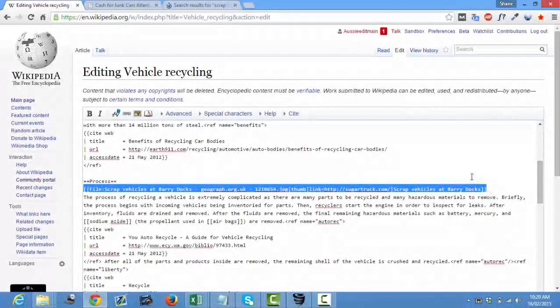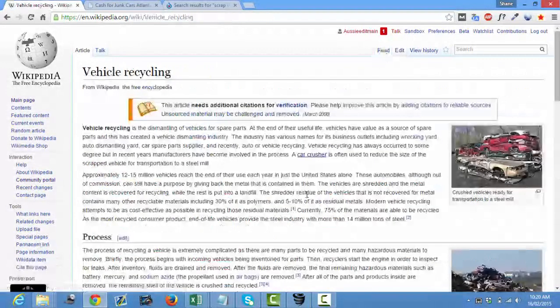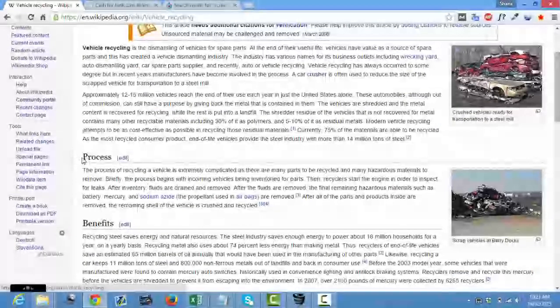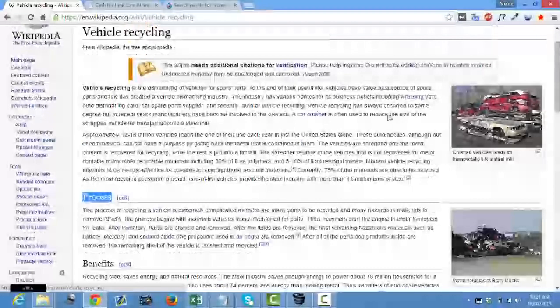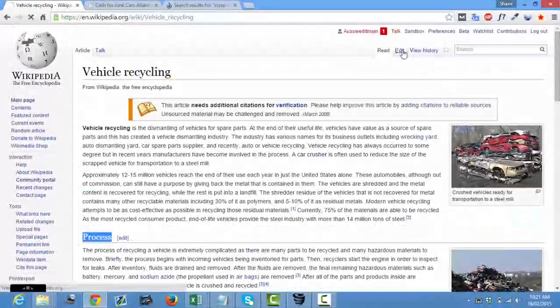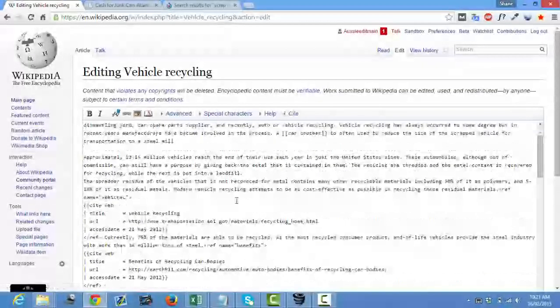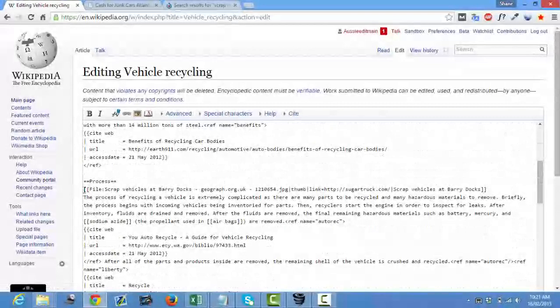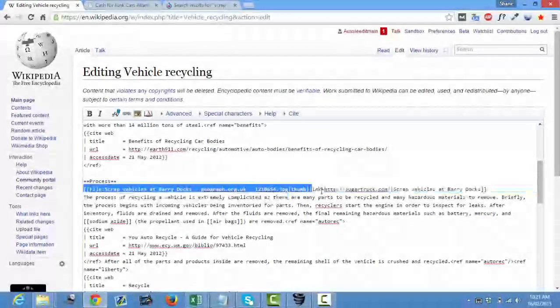So for an image, the image code always goes directly under the title of the section that you're wanting to insert the image. So if we go back, it was under Process, and it's the very first line under, so that's where it goes.